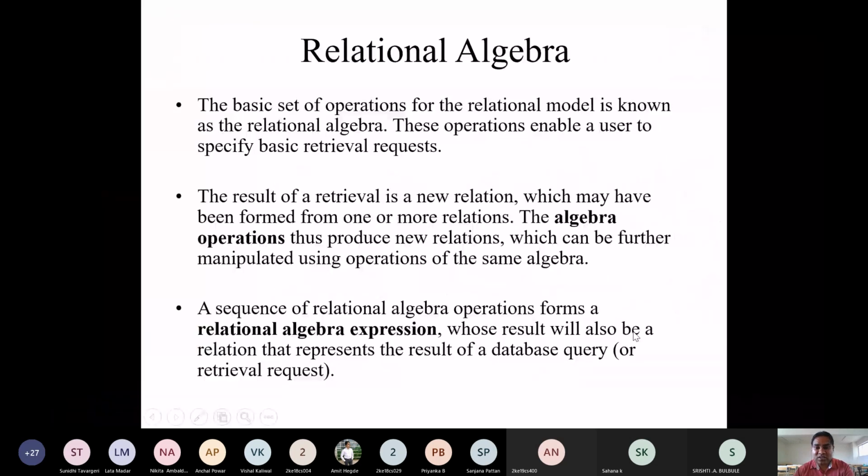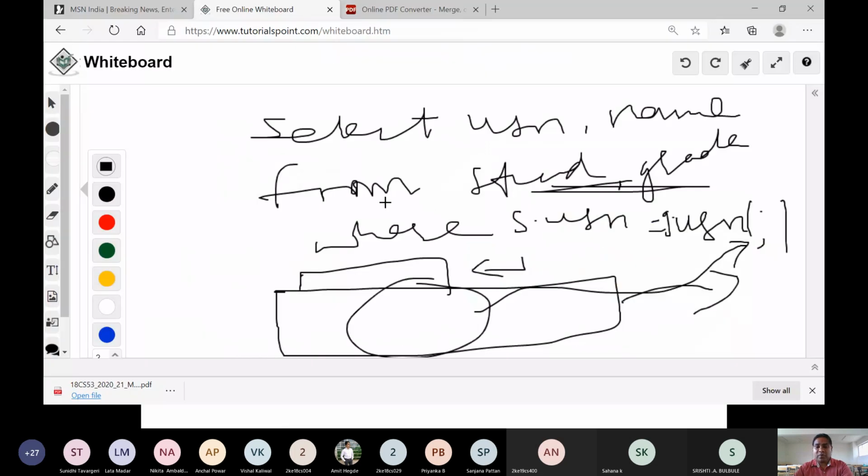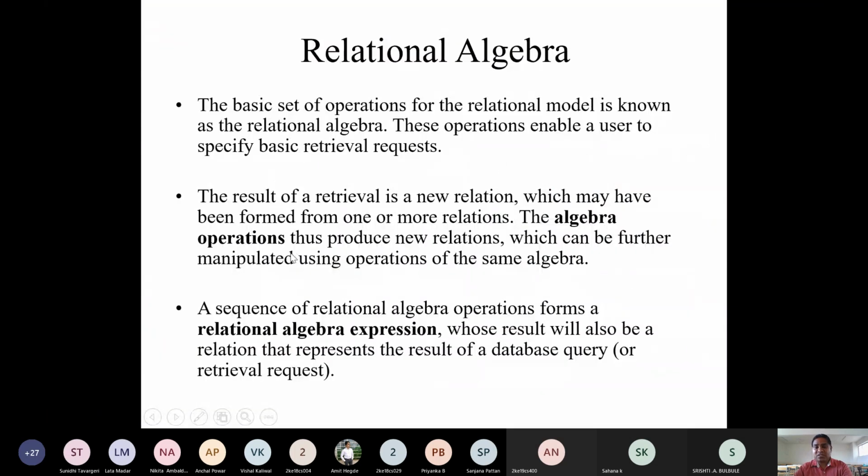Okay, see what it says. The result of the retrieval is a new relation which may have been formed from one or more relations. The earlier select star from student was from a single table. This one is from multiple tables, multiple relations. Then the algebra operations produce new relations.